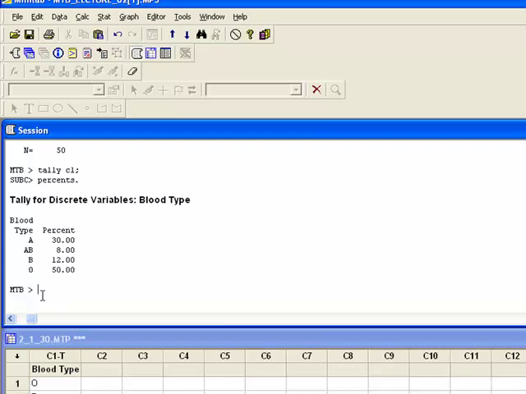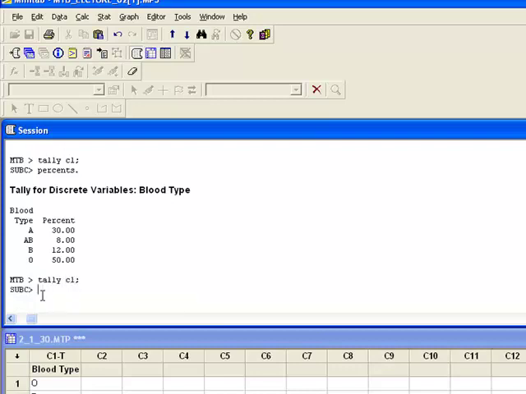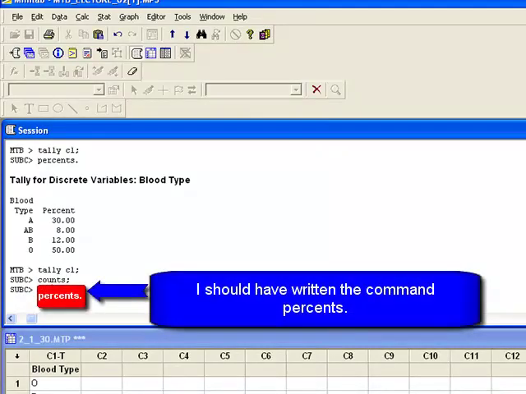Now, it would be easy enough to go on and do a table that has both counts and percent, so you can have both the frequency and relative frequencies chart. All you would say is tally my data in C1. I want it in counts, and I want it in percent. Period. Now, a little bit about this command and the one above it is when you see that semicolon,